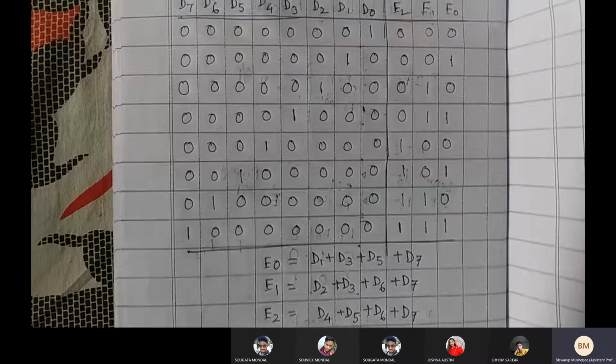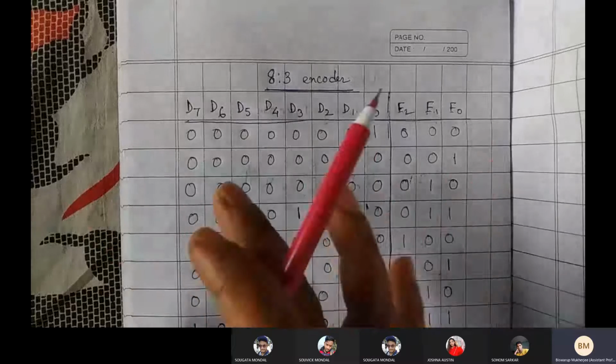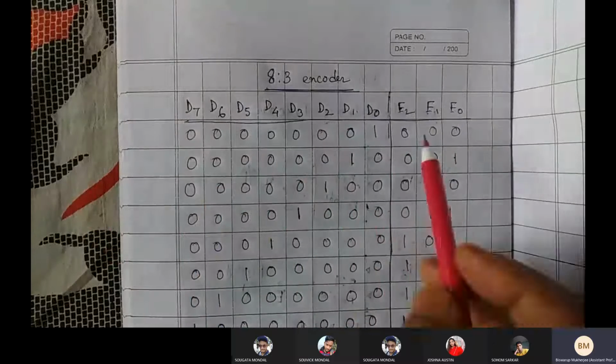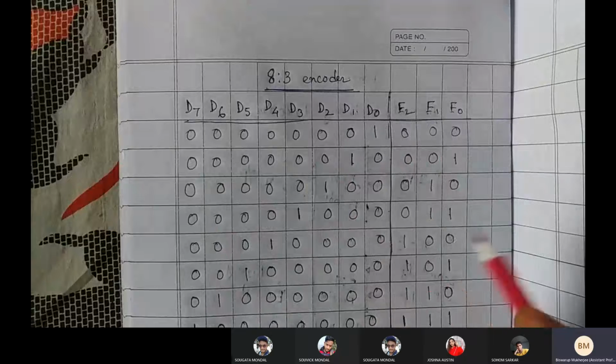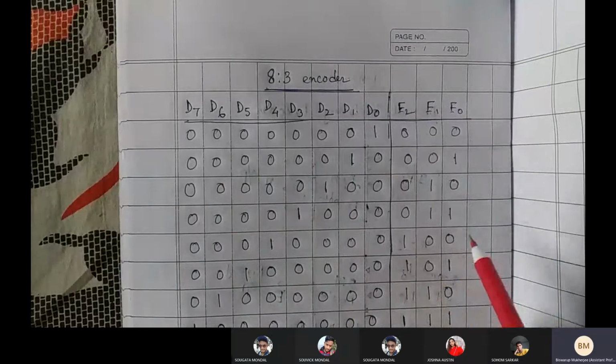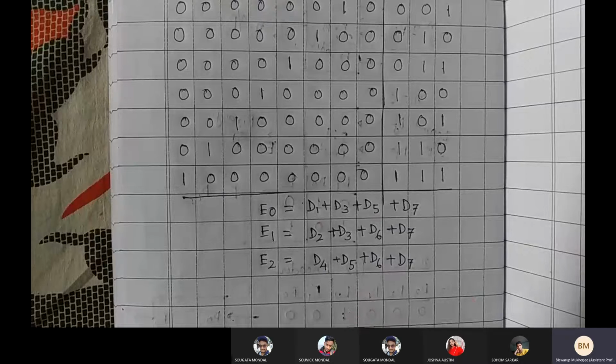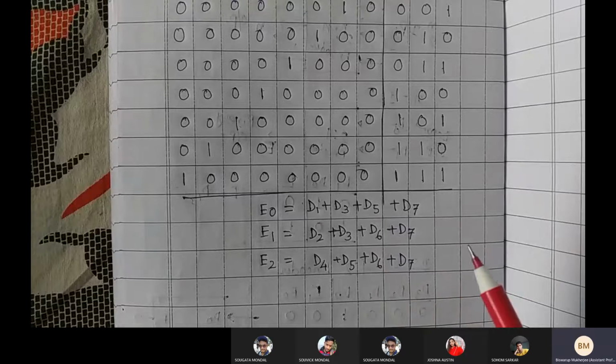So similarly, also you can make a 16:4 encoder, right? So that time inputs will be starting from D0 to D15. So 16 inputs will be there, and 4 outputs will be there, and according to the positions for which the output is high, you have to make an OR operation between those input data, right? So that is something like a decimal to binary encoder circuit.